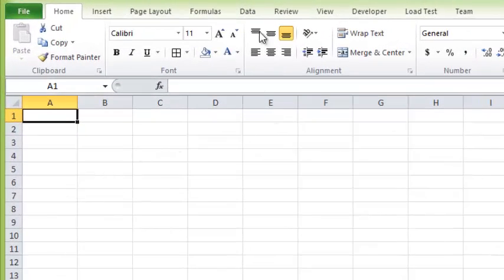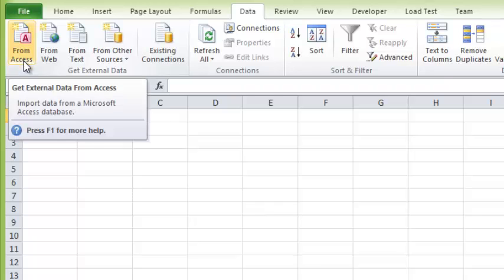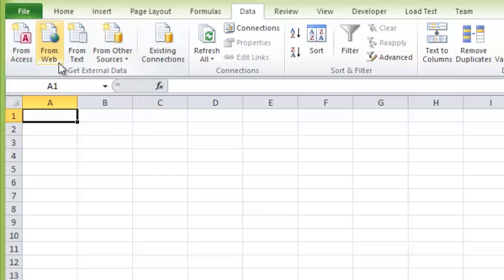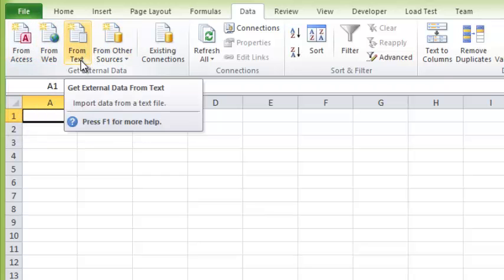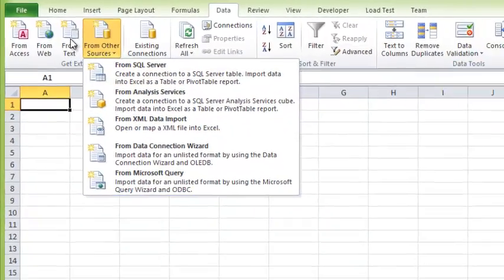So how you do that is you go to the Data menu, and here you can select, you see I can import from Access, I can import from Web, I can import from text. In this case, I have a text file. This is what I'll use. And if I have other sources that are supported by Microsoft Excel, I can import using them. So this time around, we'll go to from text,